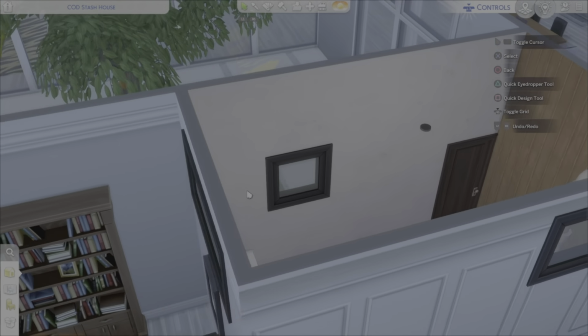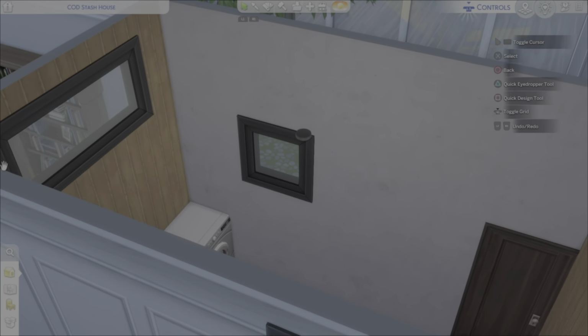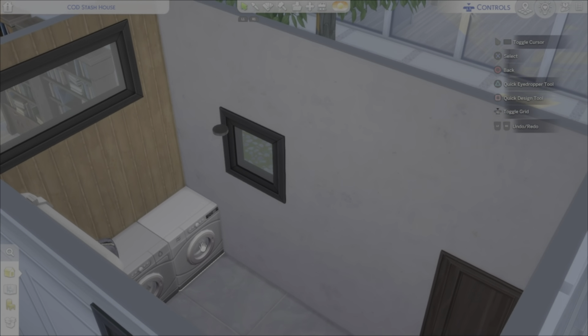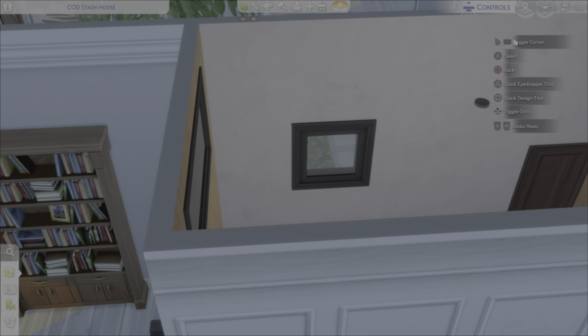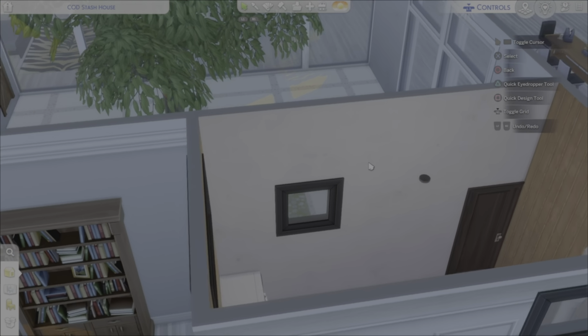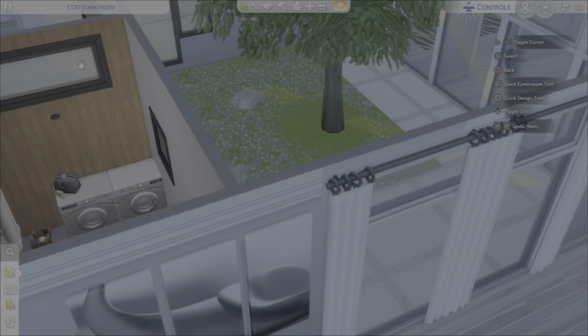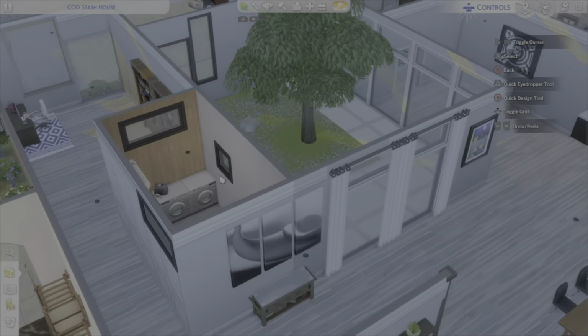I had to have this window. It's not as big as I wanted it to be, but if you are familiar with Stash House, you can stand on the appliances and peek out of the window and shoot people through it. So it's a very good peek. I have tried it a couple times. I haven't played this map that many times, but